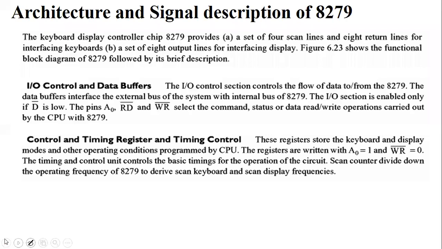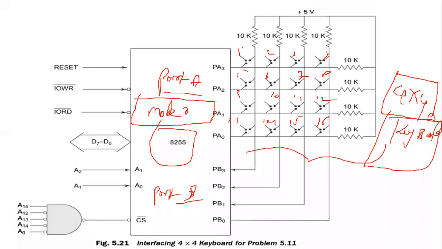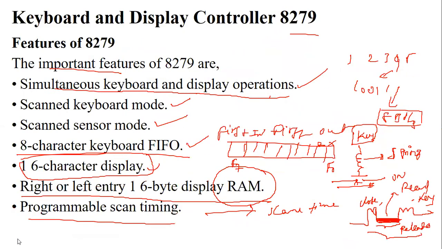Once again, we will see this. For suppose you press this key and this key at the same time. You press these two keys, see this my pen, two keys at a time. Which key will be taken? One key is taken first, then after the 16 key, based on the rows as well as columns connections.